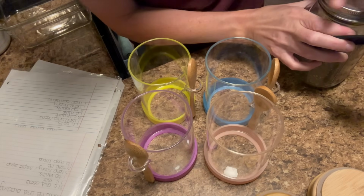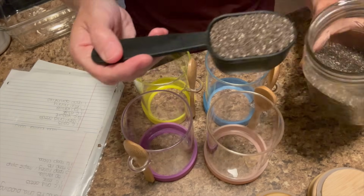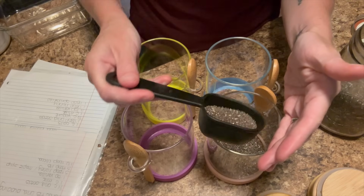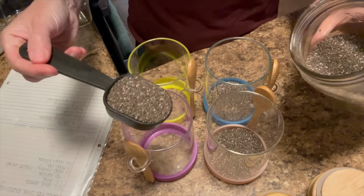So we are gonna start with chia pudding for breakfast. This is something my kids love. So I usually do double the recipe. So what I'm gonna do is do like half in one, half in the other. So you do a 1/4 cup of chia seeds,